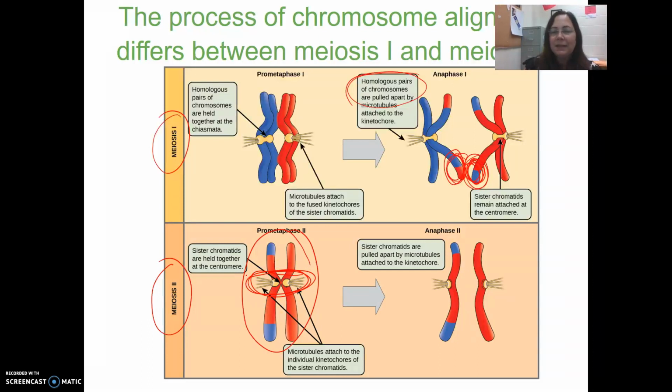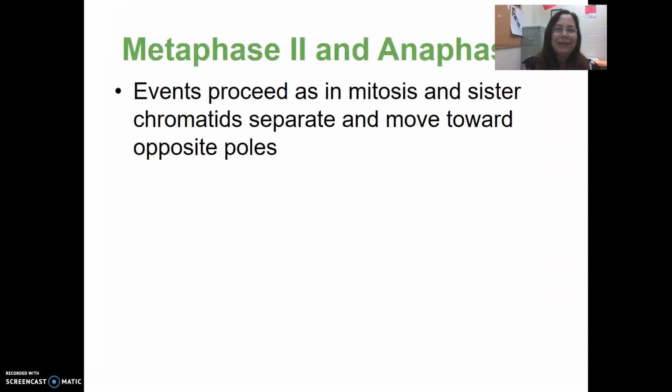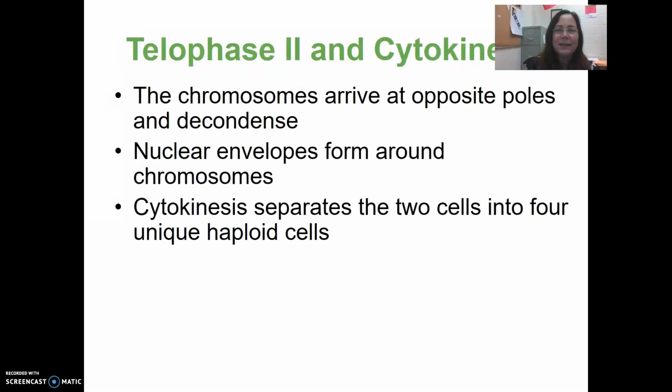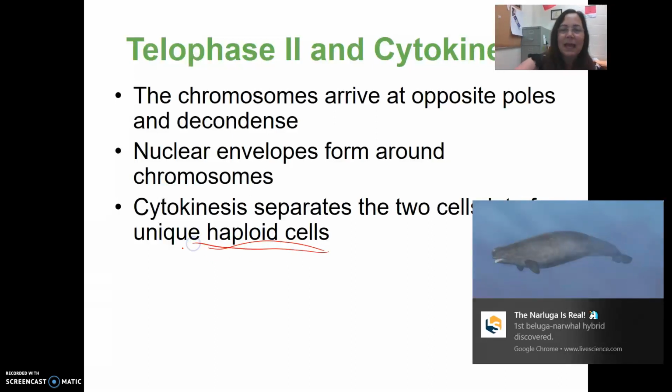And then in anaphase two, it is the sister chromatids that are pulled apart. In metaphase two and anaphase two, the events proceed as in mitosis. Sister chromatids separate, move toward opposite poles, and telophase two and cytokinesis are identical. The only difference is the end. At the end of cytokinesis, there are 4 haploid cells, and they are not